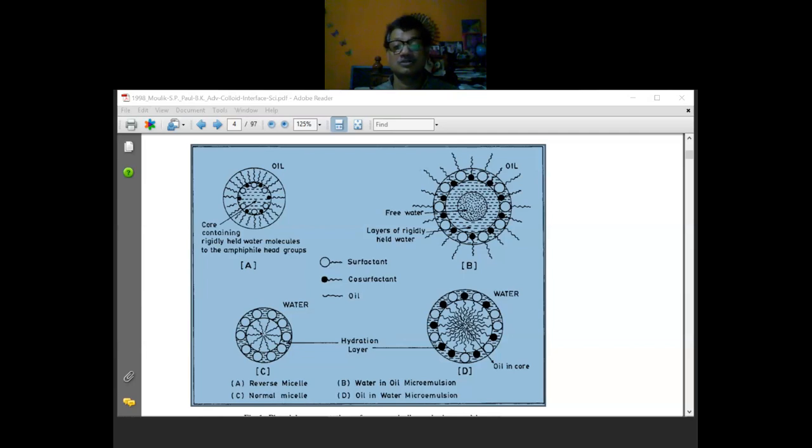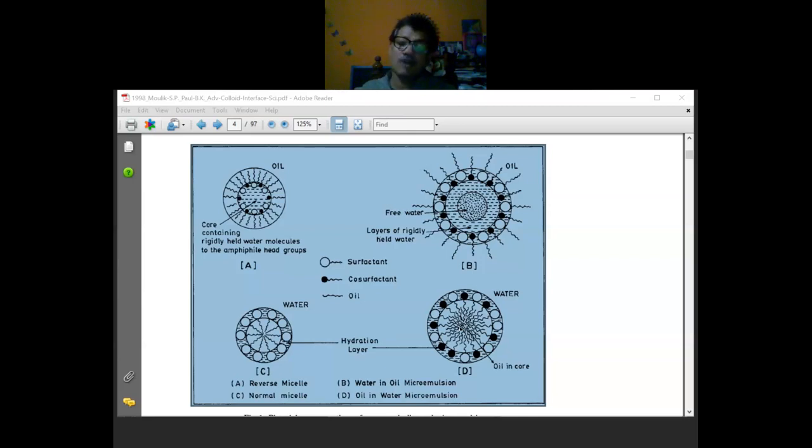microemulsions. See, if I go on adding oil progressively, what would be happening? Initially the oil will be dissolved, then there would be some free oil in the core, actually not free, and the size of the normal micelle will increase. This is called swollen micelles, SWOLLEN. Swollen means bulging, it will increase in size.